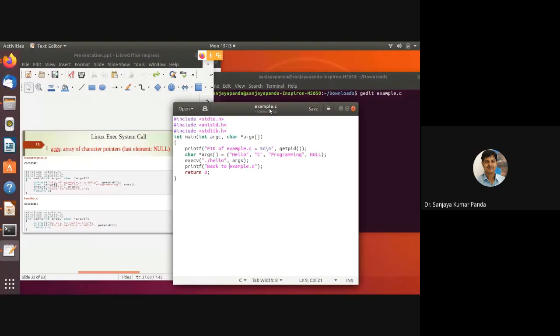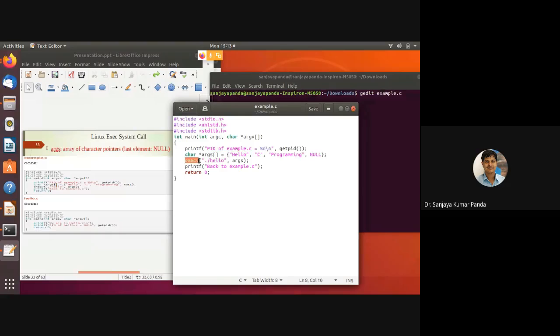You have one file example.c and another file hello.c, so you have to create the hello.c file also. Let me show you the hello.c file after this discussion. Now, what am I calling? execv. Go back and check what is execv.